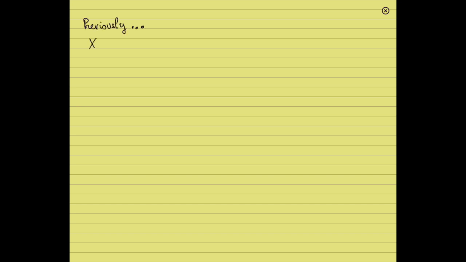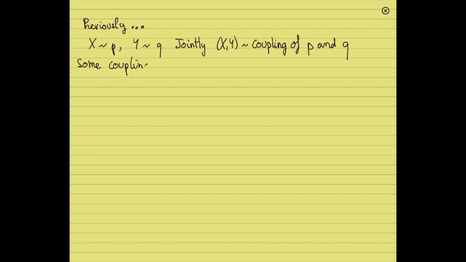So in the previous video, we looked at couplings, so pairs of random variables x following p and y following q, and couplings were simply joint distributions with marginals p and q. And we've seen that some couplings were special. There was always the independent coupling, but there were also other couplings, such as the coupling maximizing the probability that x is equal to y, which was called the maximal coupling,